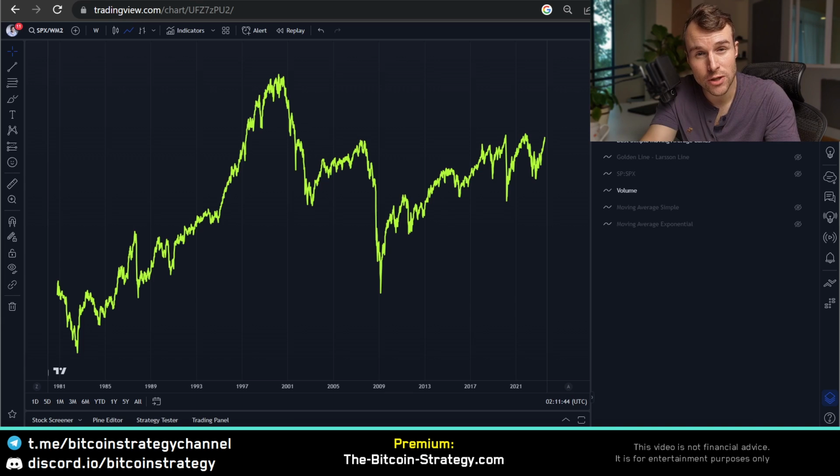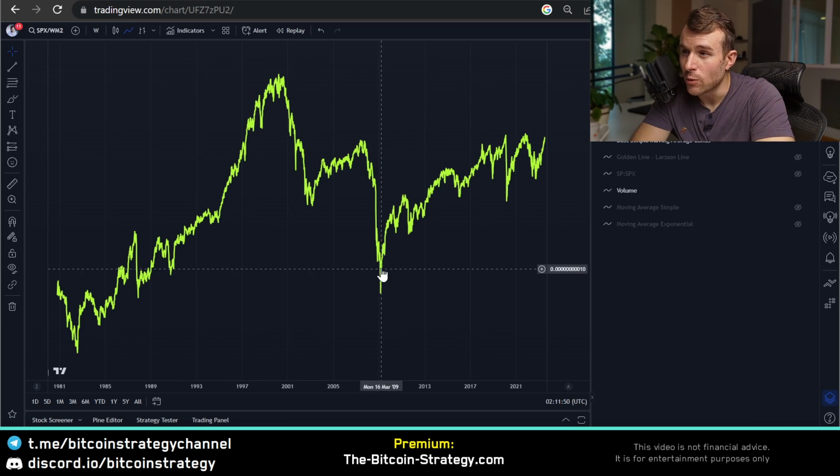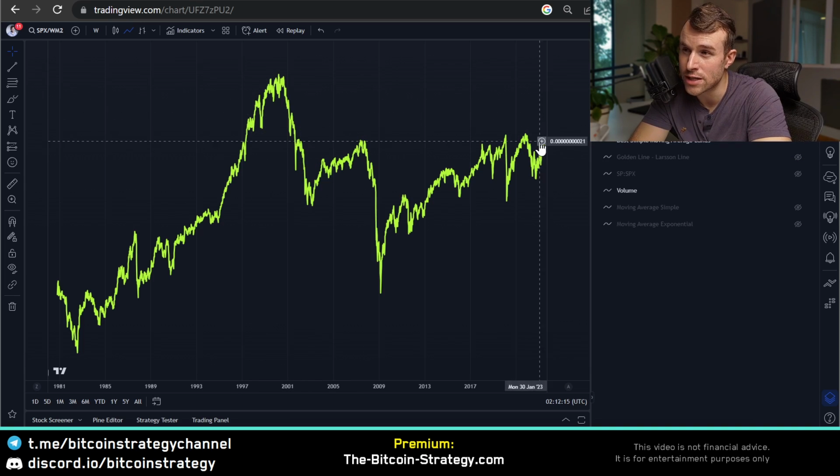So how is this useful? It's useful to time the market to a degree. When we are crashing, when we are at lows that we have barely seen in the past, it might make sense to dollar cost average in heavier. And when we are at historical highs, which is currently the case, right? We probably shouldn't over allocate too aggressively. There's probably a lot of risk in the market.